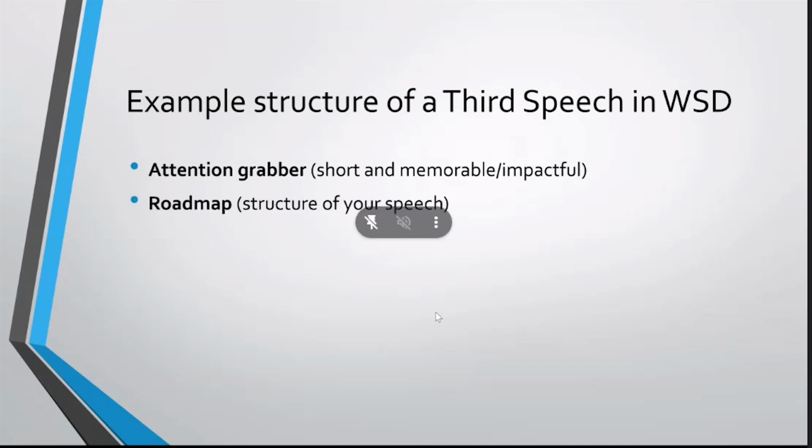Then it's good to add a roadmap where you explain what the structure of your speech is going to be like, because that helps judges know what to expect and follow your speech. And personally, it also helps me structure my speech so that I don't forget anything that I want to say, and so that I give all the information in an order